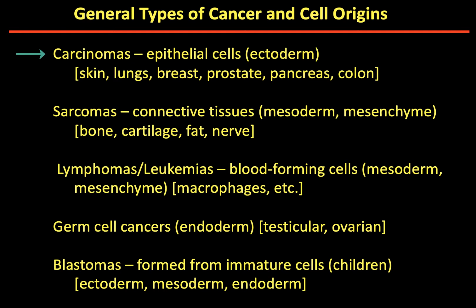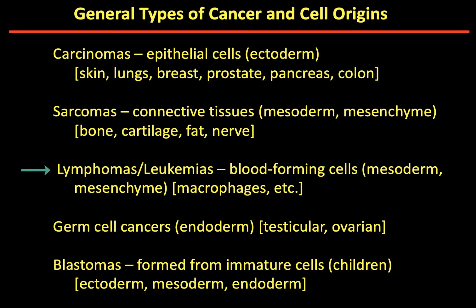And these are cancers of skin, lungs, breast, prostate, pancreas, and colon, and others. Sarcomas are cancers originating from mesoderm and mesenchyme, or connective tissues, and these are primarily cancers of bone, cartilage, fat, and nerves. Lymphomas and leukemias